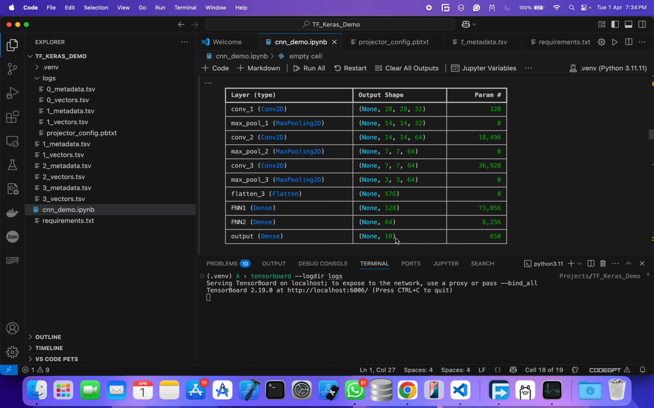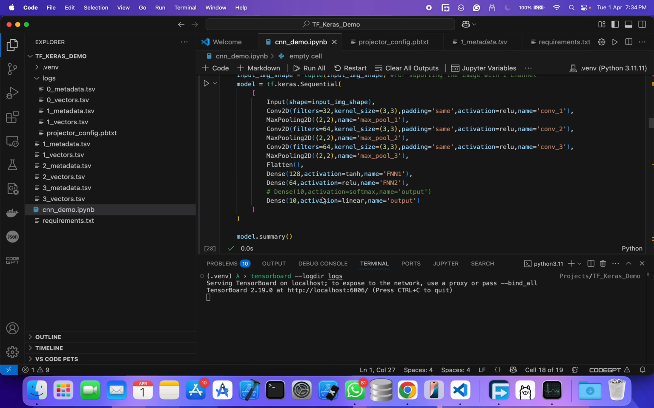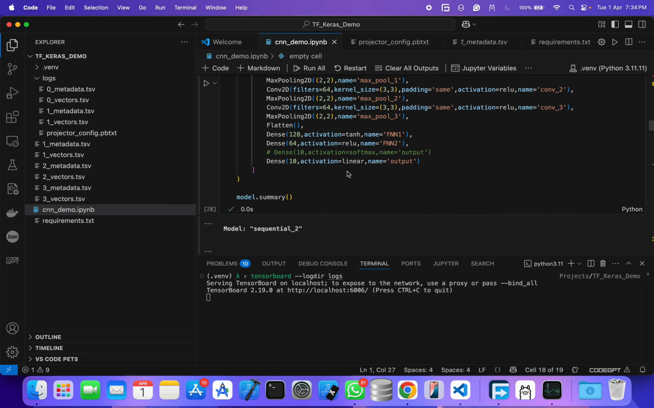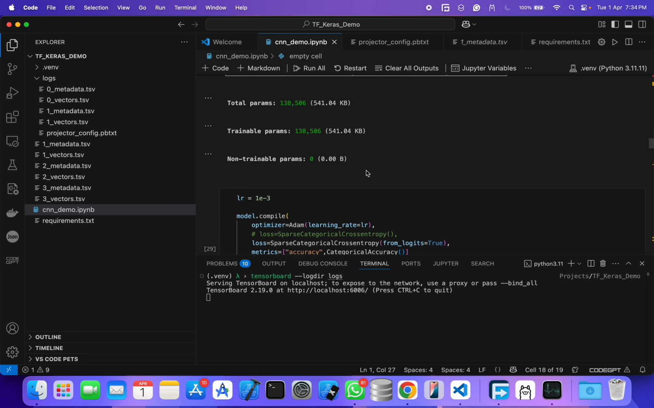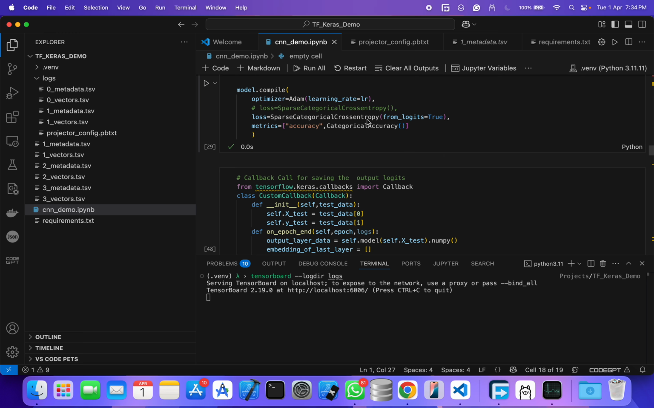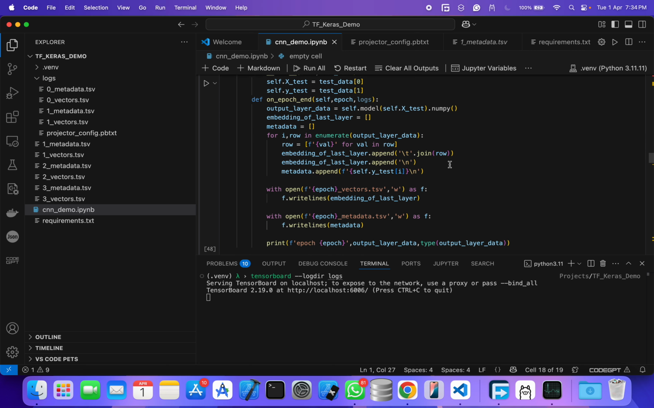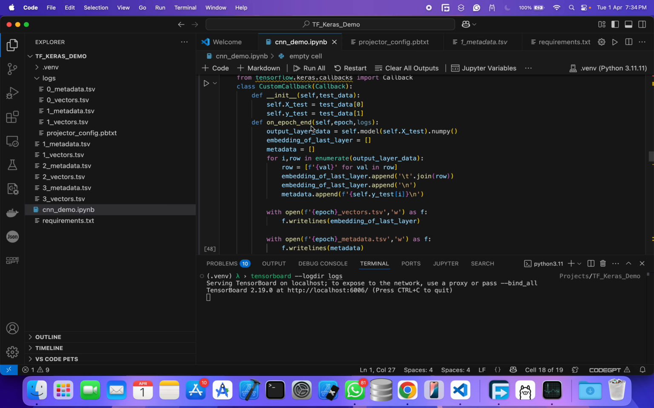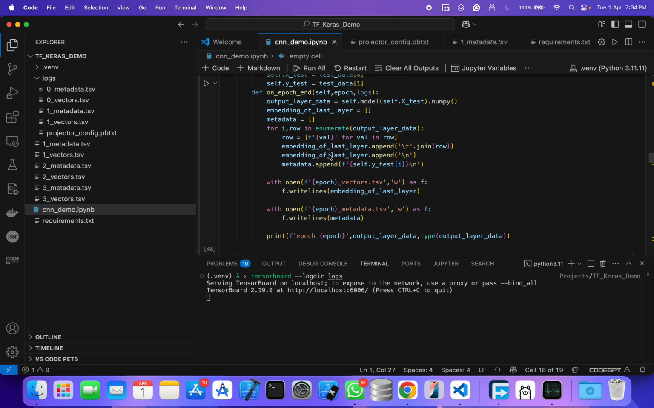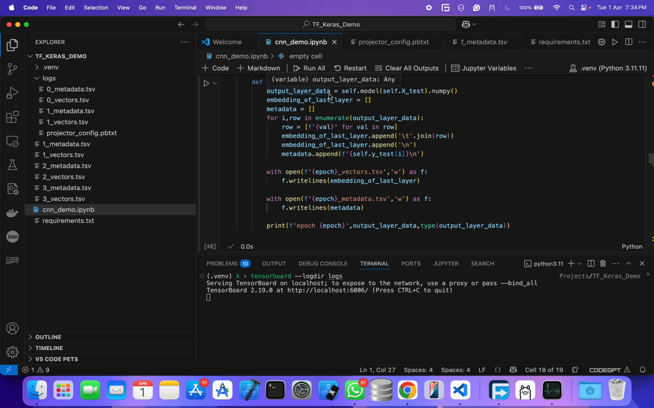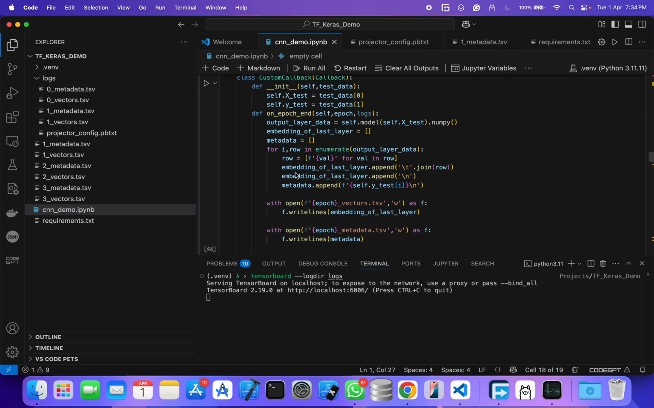So we have 10 different classes, and as part of my output I'm using linear activation, so there is no activation function in the last layer, and it would give the logits themselves. I compiled it with sparse categorical cross entropy loss with from_logits equals true, hence it was able to train properly. I created a custom class, and at the end of every epoch,